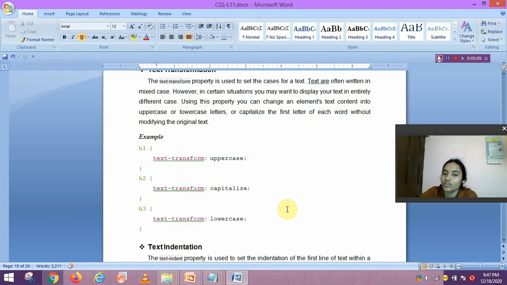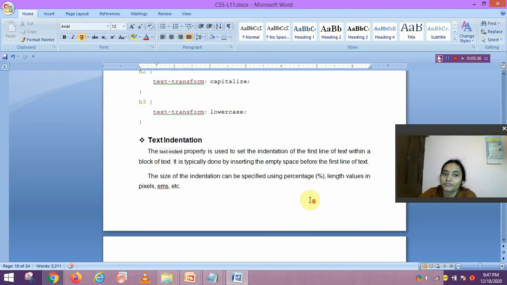The text can be in uppercase, in lowercase, or with each word's first letter capitalized. In Microsoft Word it is known as change case, but here it is known as case transformation. How to write this? text-transform colon uppercase, text-transform capitalize, text-transform lowercase. In this way we write it here.